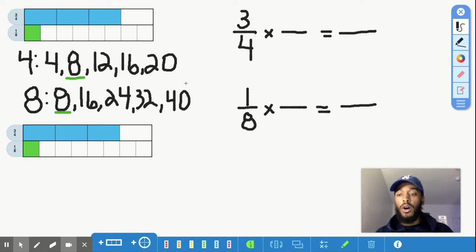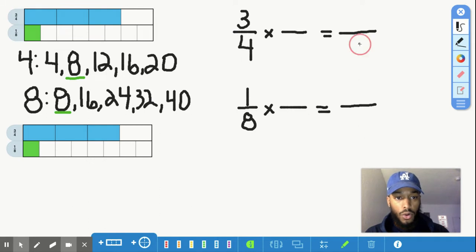So if you see on your screen what I did, I actually listed out the multiples of 4 and 8. And if you take a look, I underlined the LCM, or the least common multiple, which is actually 8. So what I have to do now, after I listed the multiples and found the least common multiple, is find equivalent fractions. So how do I find equivalent fractions? I know that 8 is my least common multiple. So what I'm going to do,